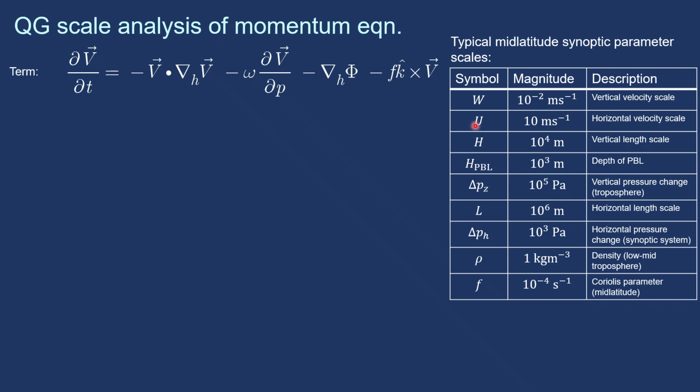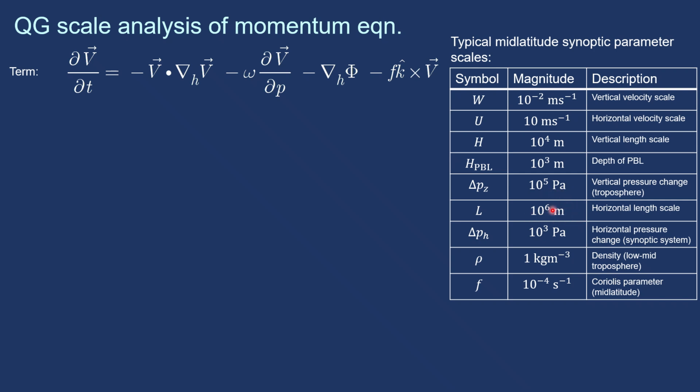We'll use the symbol capital W to indicate vertical velocity, capital U for the horizontal velocity scale, capital H for the vertical length scale, which is roughly 10 kilometers, the depth of the planetary boundary layer at about 1 kilometer, the vertical pressure change across the troposphere at roughly 1,000 hectopascals,